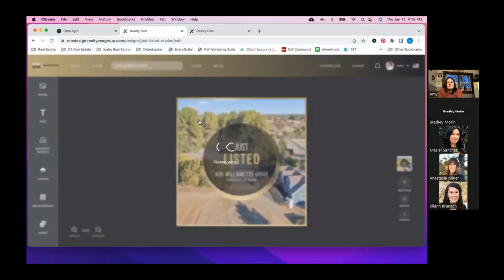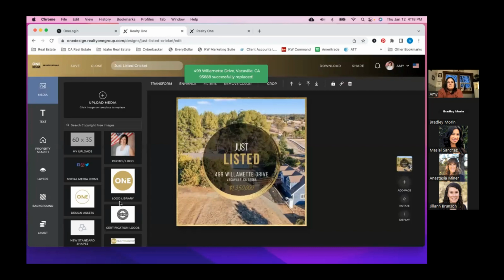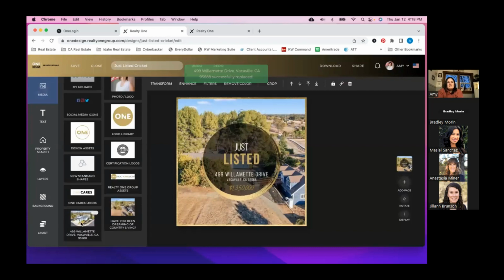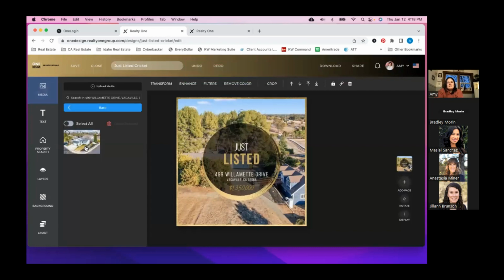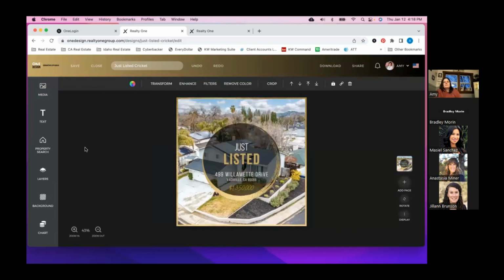And now I'm going to click this photo, go over to the bottom of the media, select the listing, and then select that photo. And now it's switched out that photo. It's already updated the information here with the address, and that's just listed. I would just need to update the price. Okay, once done, again,